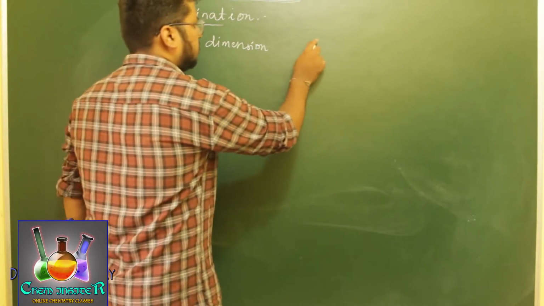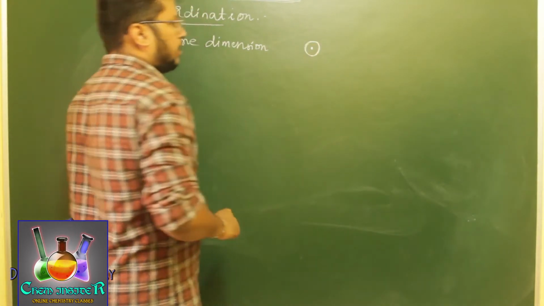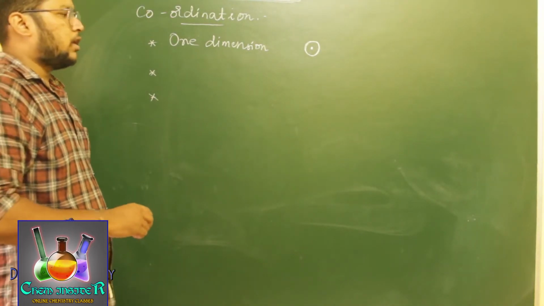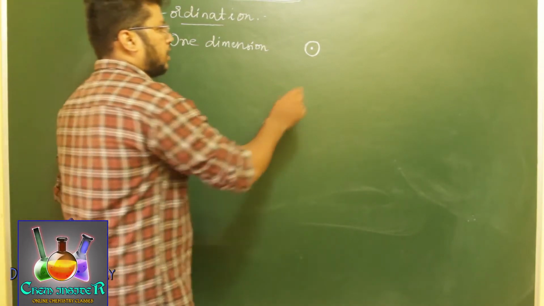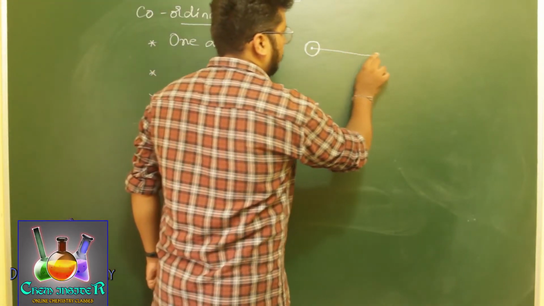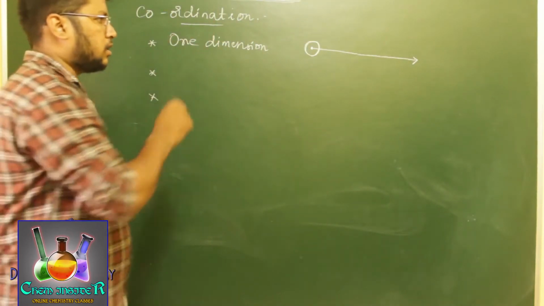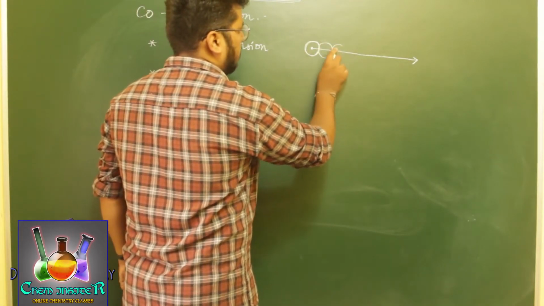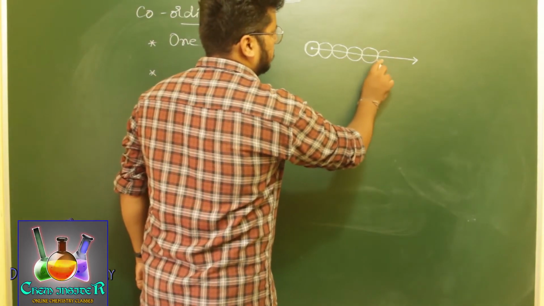So this is one-dimensional. It is just one point, and it will not be surrounded all over the point. But if you consider it increasing in one axis or one direction, that is our one dimension. Let us say this is arranged on the x-axis. That means each of the particles arranged here will be next to one another, like this.